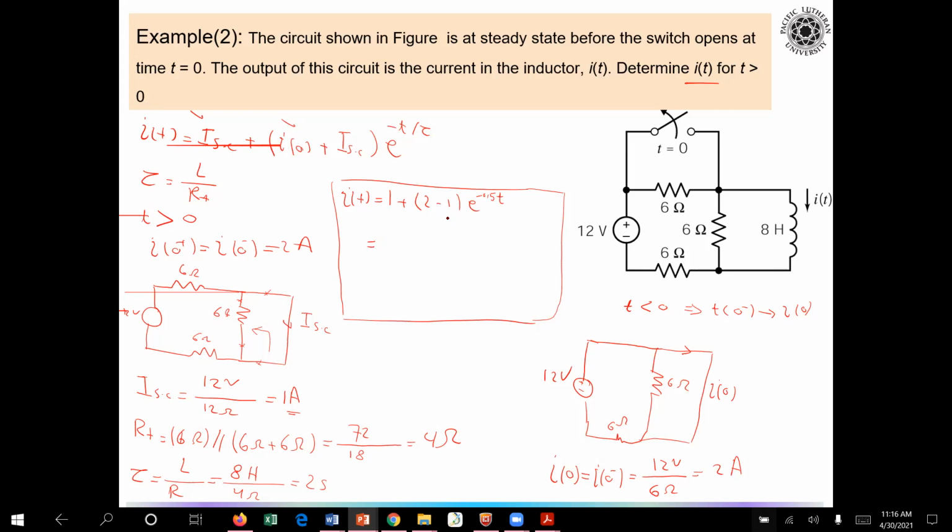I think I switched it, right? Yeah, I did, no, I did it right. I short circuit 2 and 1, yeah, I did it right. So here I end up with 1 plus e to the minus 0.5 t. This is for t larger than 0. This is my response for my